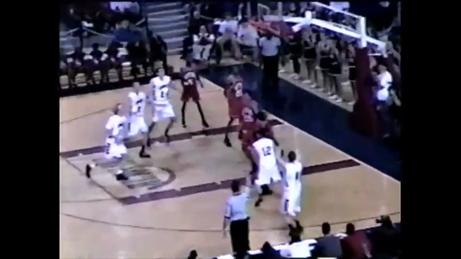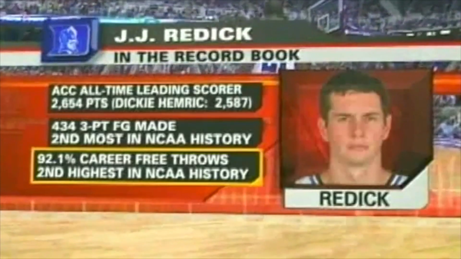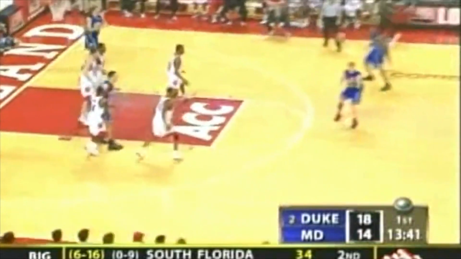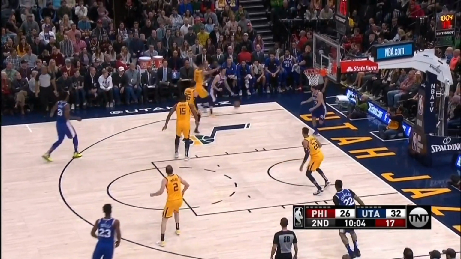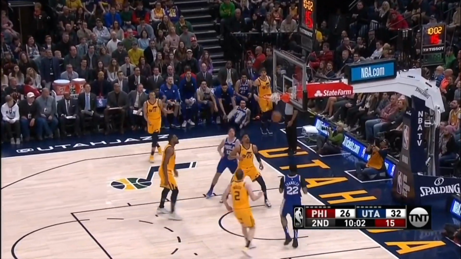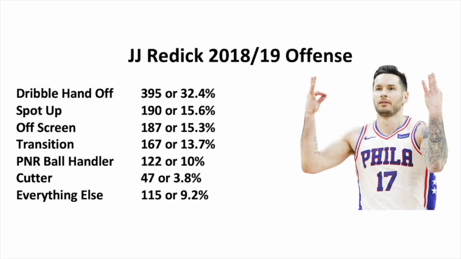Whether it was his time at Duke crushing the competition or when he was in high school, JJ Redick was known as one of the best shooters. In this video we're going to focus on his time with the Philadelphia 76ers, as this is when he averaged the most amount of points. Let's get it. Alright, so I broke down JJ's offense from that season, and I found that 32.4% of the